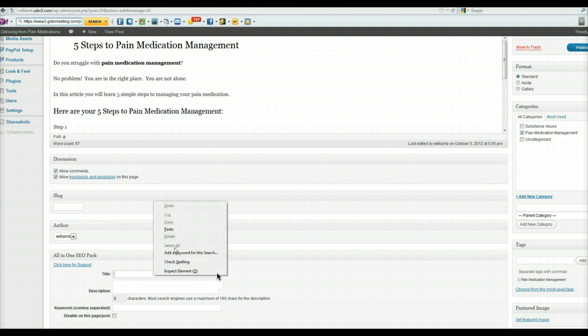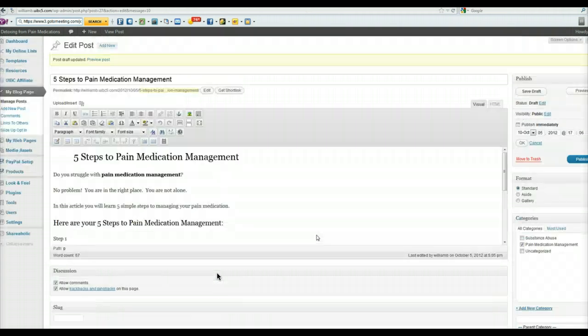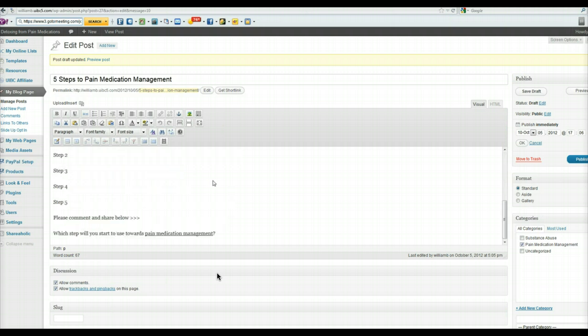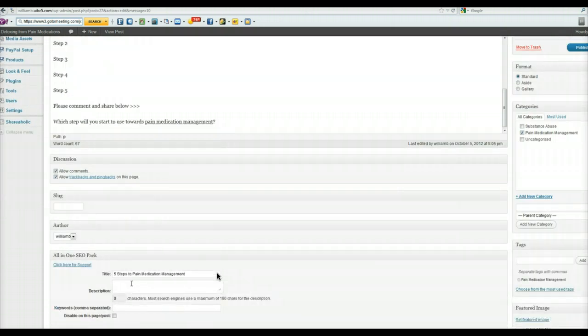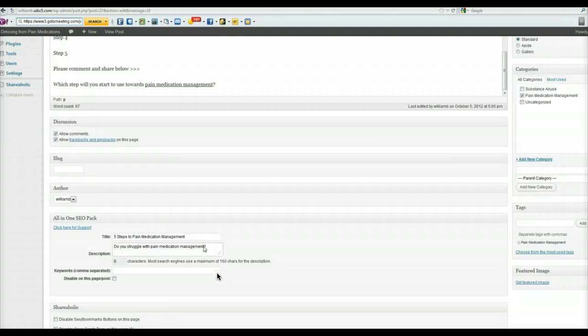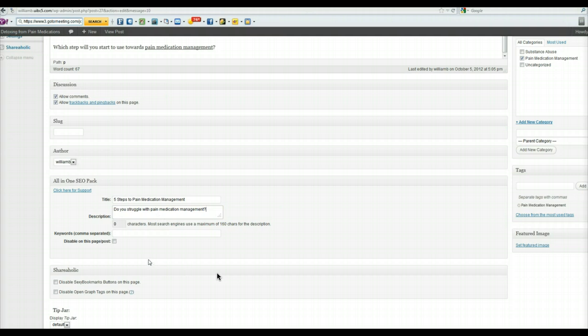So go ahead and paste. And then again, the description, can you just copy the "Do you struggle with pain medication management?" Exactly. Perfect. Because that was the description before. And again, in the description, you want the keyword phrase, which you already have. Now, down below, do you see where it says keywords? Yes. So go ahead and type in,